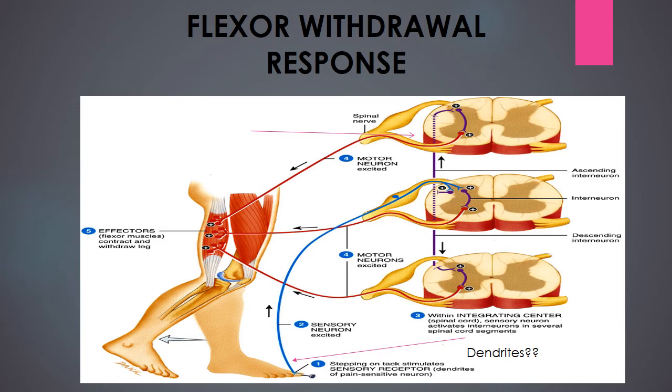Sensory neurons are excited, and sensory neurons synapse in the spinal cord on alpha motor neurons that activate the biceps muscles and the posterior deltoid muscles and the brachioradialis muscles, and the entire flexor system of the upper extremity withdraws your finger reflexively and instantaneously and unconsciously from that hot stove. It's a reflexive response. It's a response to pain and potential tissue damage. It's a good thing you don't have to think about it.